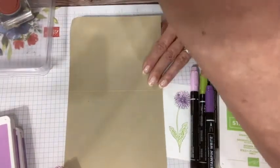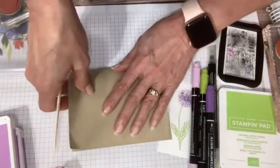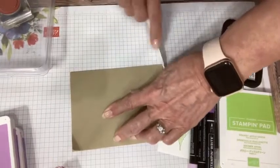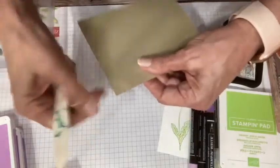And Diane, I'm glad you love this stamp set. And hey, Judy, you came on as well. Good to see you ladies. Glad you could come and hang out with me and craft with me or get inspired, one or the other,